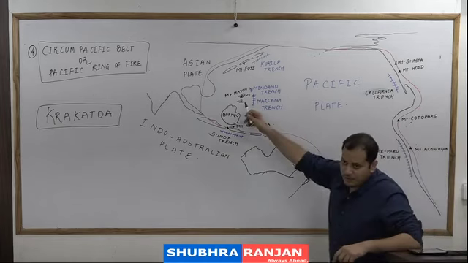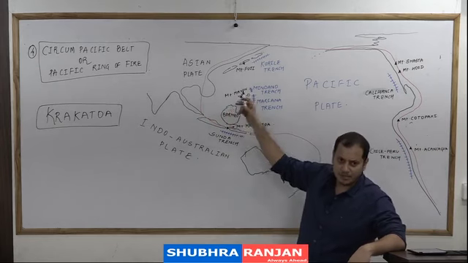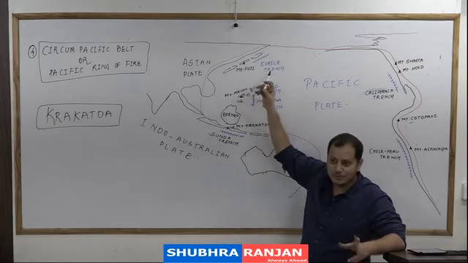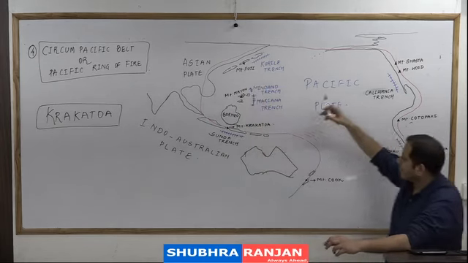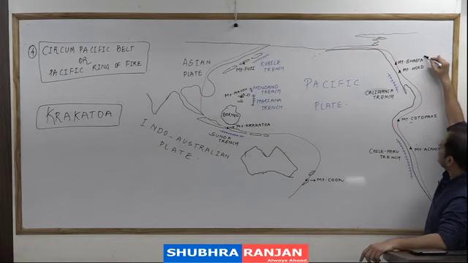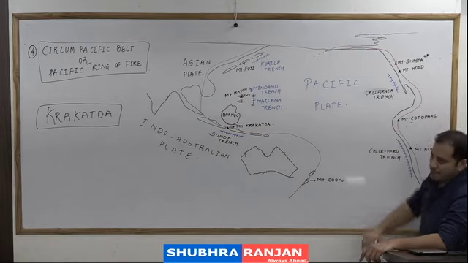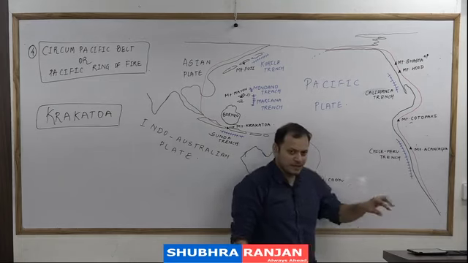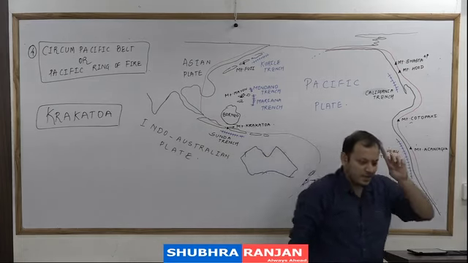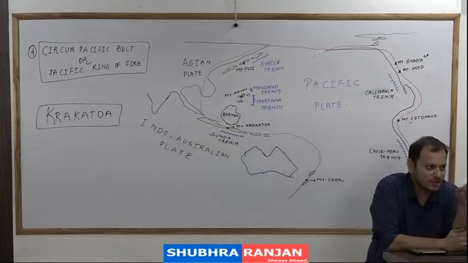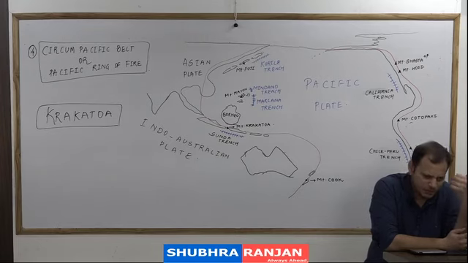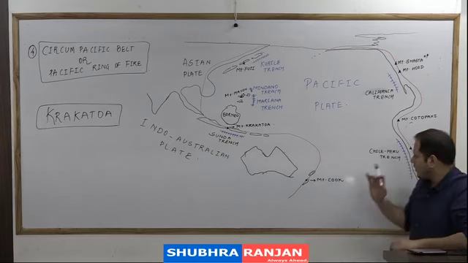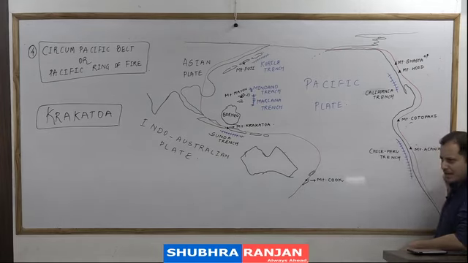Then Mount Mayon, Philippines. It is a famous volcanic mountain. You already know this, Mount Fuji. UPSC's favorite, Mount Shasta. Mount Cotopaxi, Ecuador, exactly on the equator. The highest point from the center of the earth is Mount Cotopaxi. We will do all this later. And this is Mount Aconcagua. One of the highest volcanoes in the world is the Mount Aconcagua.